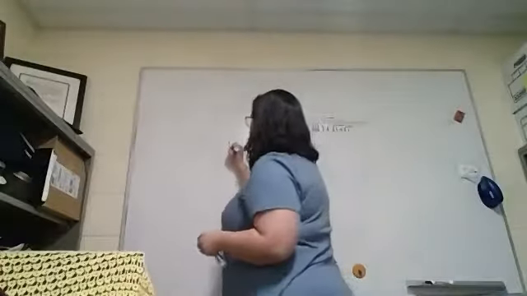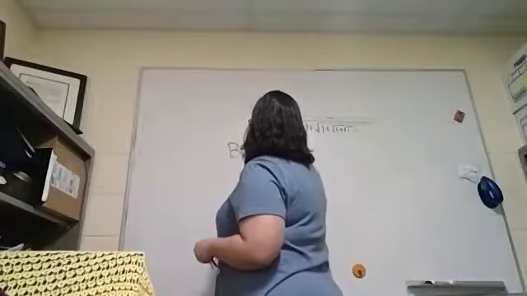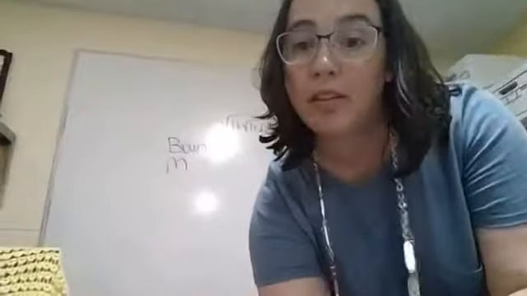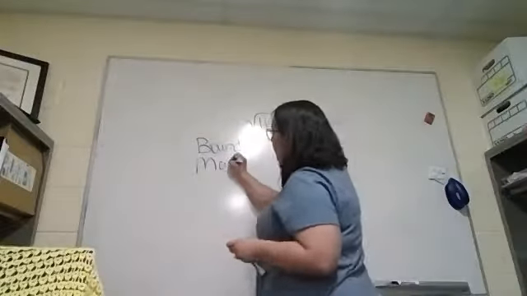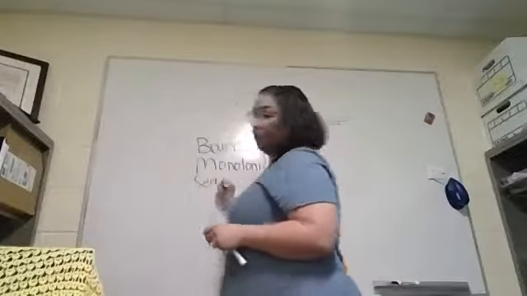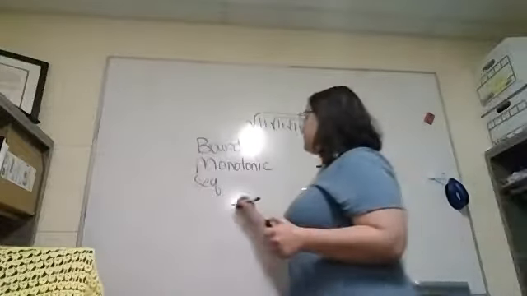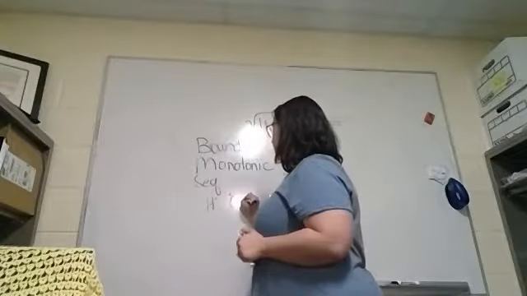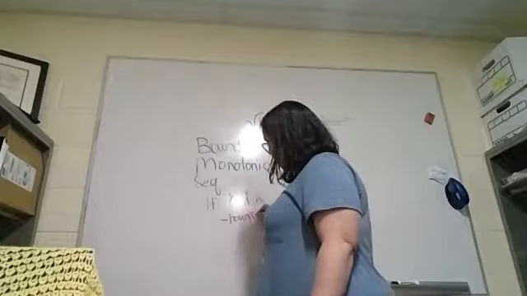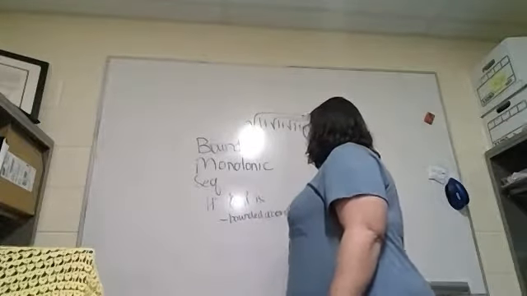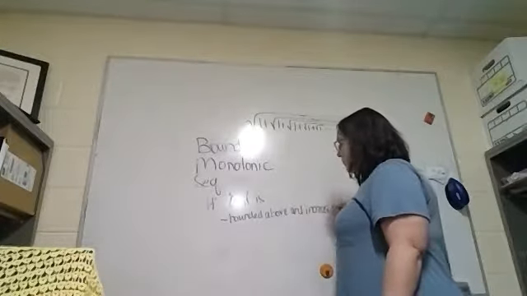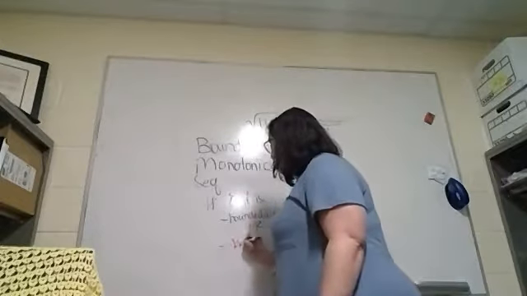The bounded monotonic sequences theorem. Of course, I find the one place with glare. Let's see if I can fix it. What it states is that if you have a sequence a sub n that is either bounded above and increasing, meaning every term gets larger than the one before it, or bounded below and decreasing,